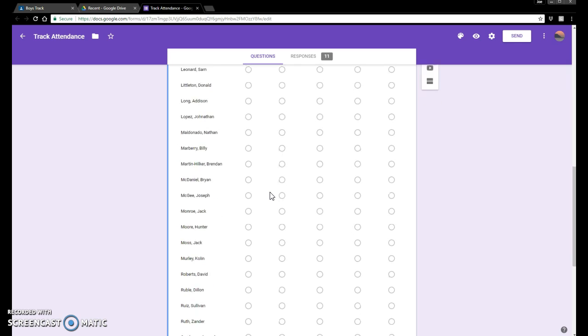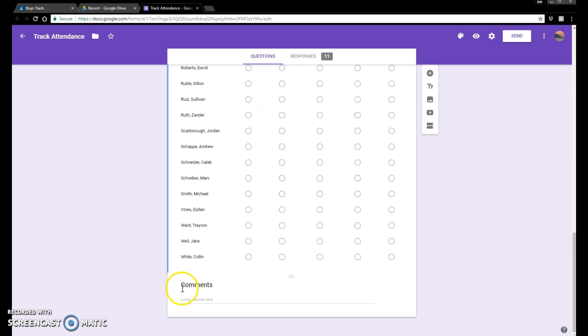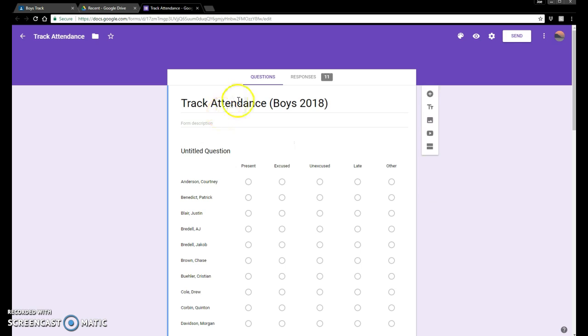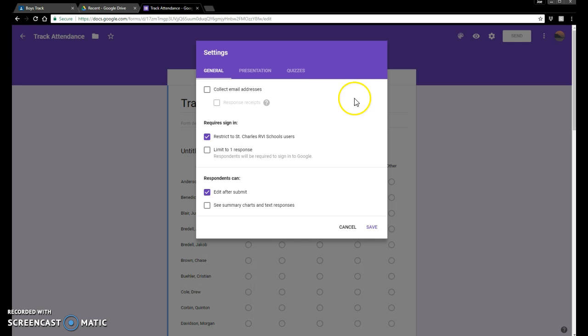It's easy to use, easy to get through. If for some reason a kid's name's not on here, or I need to make extra comments or something like that, I did give myself a second question on this form for that opportunity. So here's what the form looks like. Again, if you want a pre-filled link, all you have to do is go over here and